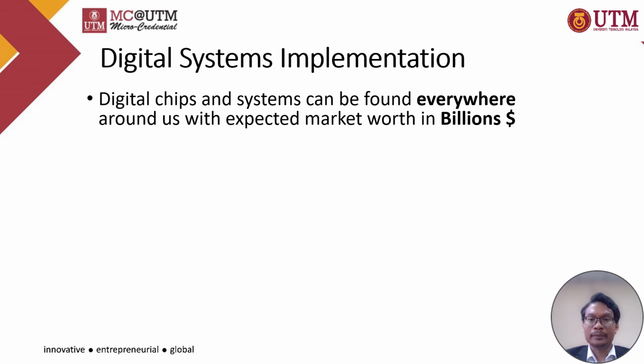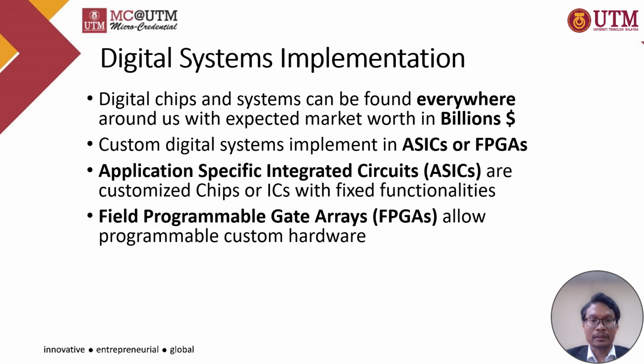Digital chips and systems can be found everywhere around us, with an expected market value worth in the order of billions of dollars. These chips are typically implemented in ASIC or FPGA technologies. ASIC, or application-specific integrated circuits, are basically customized chips or ICs with fixed functionalities. That is, the functionality of the chip cannot be changed once it has been fabricated, for example, Intel and AMD